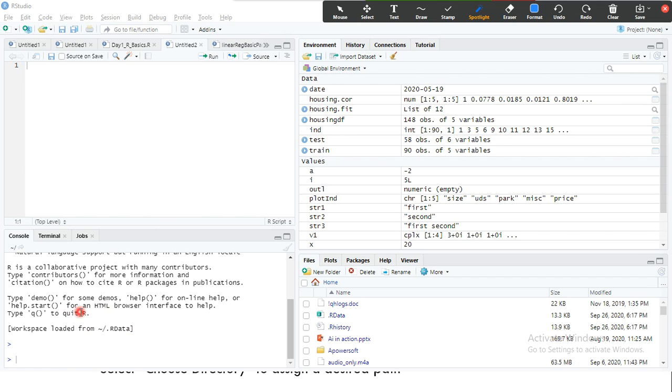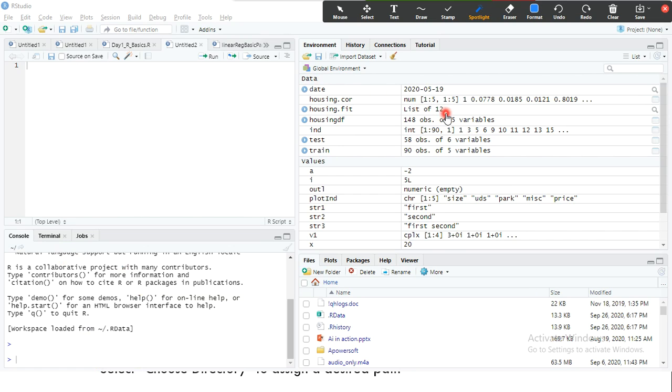And this is your console. This is kind of your calculator. If you want to do any arithmetic operation, you can do it here, or if you want to check or perform any operation, you can do it. But if you want to execute a specific code snippet, then you will have to write it in the script editor. So this is the console, this is the script editor, this is where you write the script.